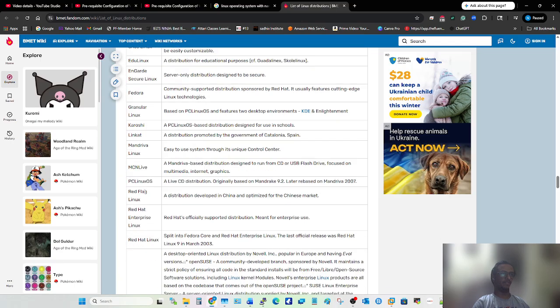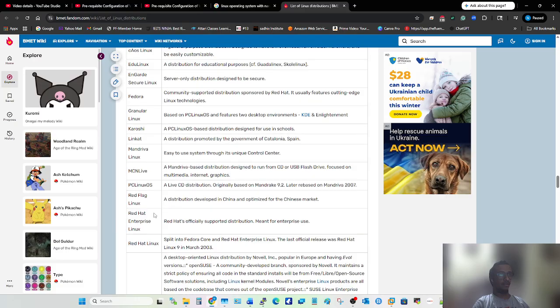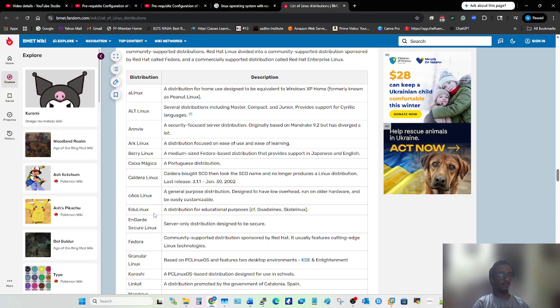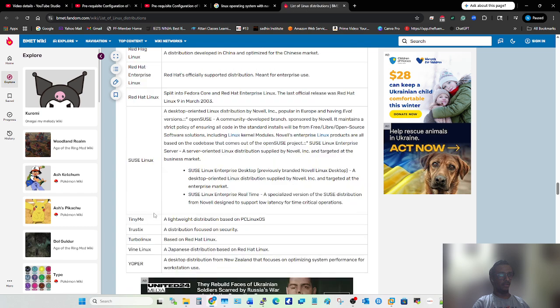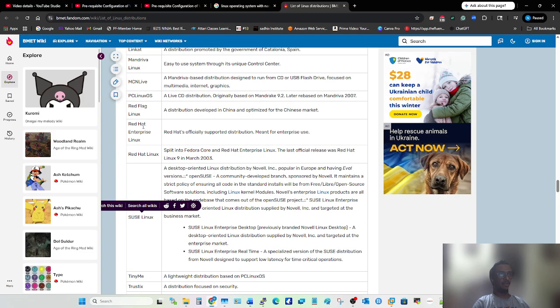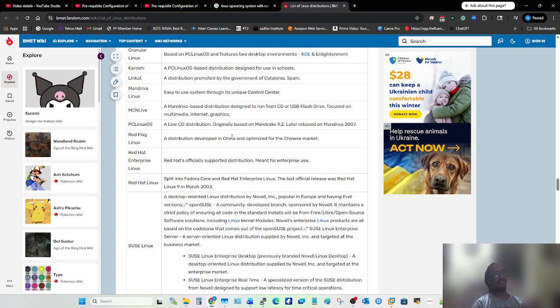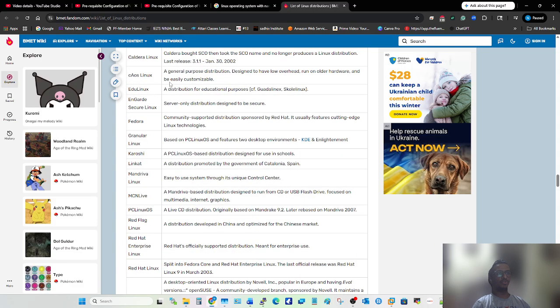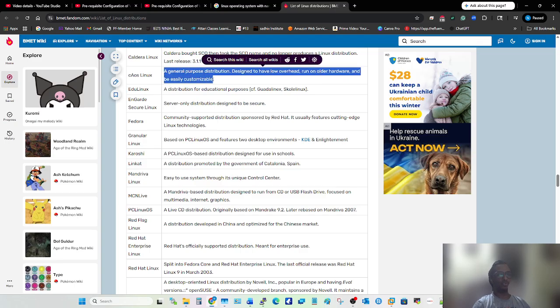But in these operating systems, Red Hat, Oracle, see Red Hat, Oracle. I guess Oracle is not listed over here. Oracle and SUSE. This one, okay. SUSE, Red Hat, and Oracle. These are the three operating systems which are enterprise. Okay, they created their own operating system using this open source operating system source code.